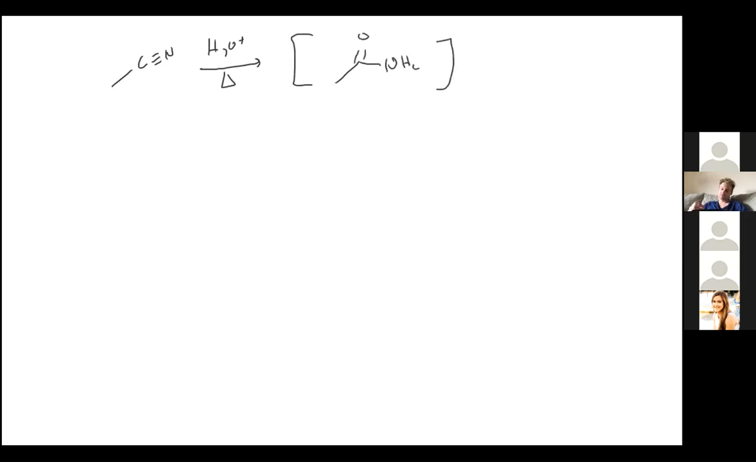But the way we make amides into carboxylic acids is using the exact same reagents. We already have them in solution, so it's going to take it all the way to a carboxylic acid. I'm going to attempt to get this all onto one page. So taking a nitrile,